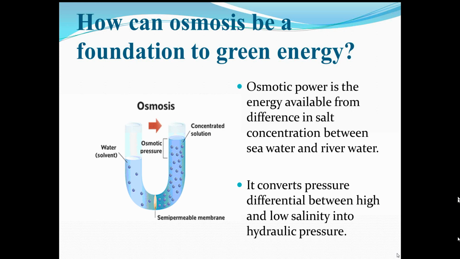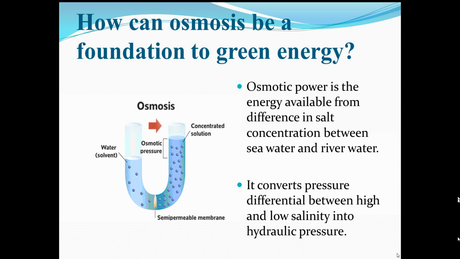In this diagram we can clearly see that on one end we have water and on the other end we have the concentrated solution, both separated at the U-tube end by a semi-permeable membrane. I have already discussed that the water molecules move from the less concentrated solution to the more concentrated solution. So in this U-tube you have water flowing from the left tube to the right tube, thereby increasing the height of the